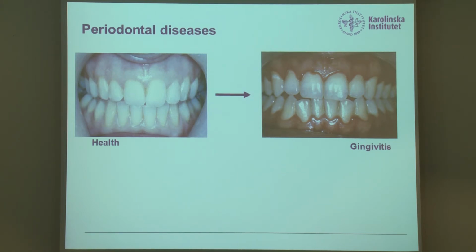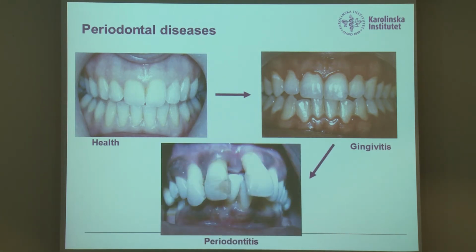But if it is prolonged over long periods of time, and if the biofilm cause is not removed, then that may eventually progress deeper into the periodontal tissues to cause periodontitis, which is the destruction of the supportive alveolar bone and connective tissue, and eventually tooth loss if the disease remains untreated.